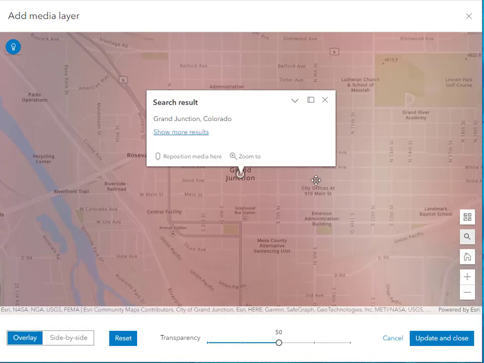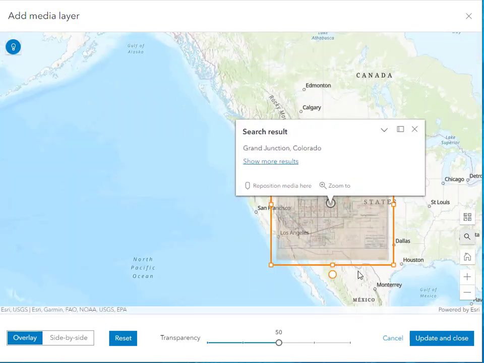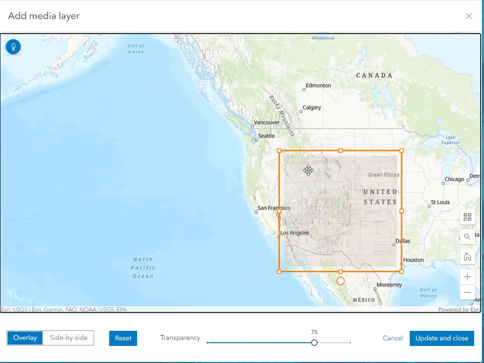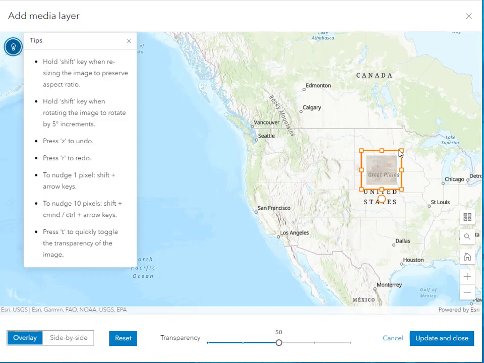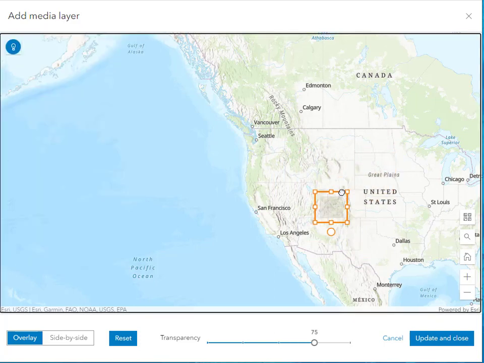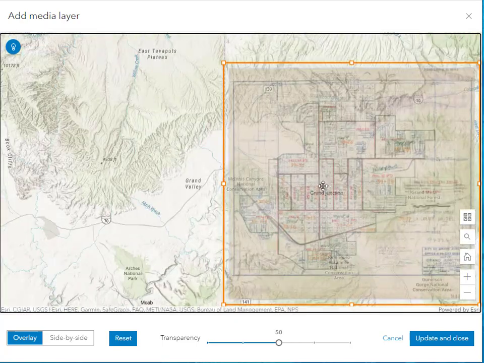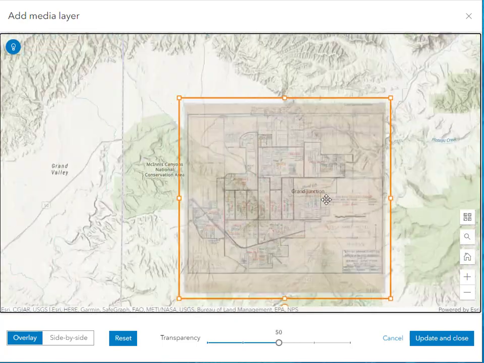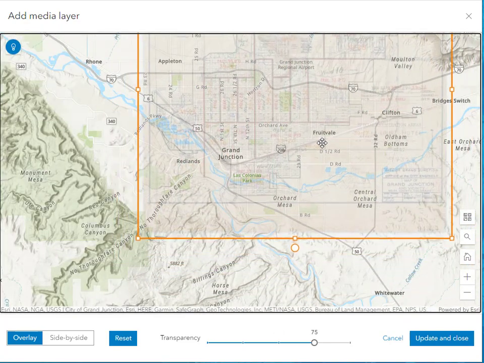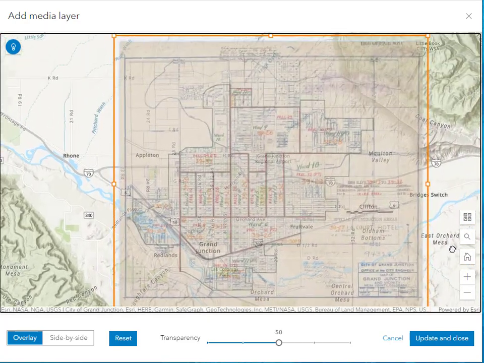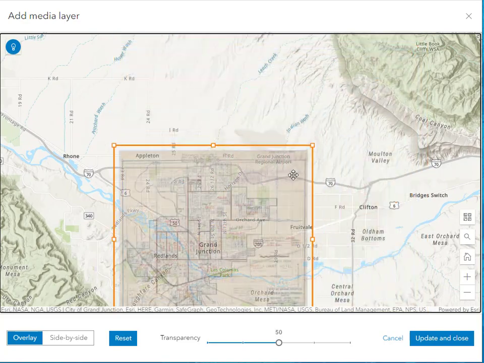Why is it called Add Media Layer? Well, it's georegistration, but you should be aware that this is not the kind of georegistration if you need sub-centimeter accuracy, survey grade, etc., those kinds of uses. This is merely, as you can see me doing, pinning that unregistered historical aerial photo or historical map onto real-world